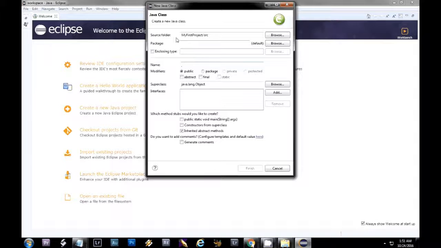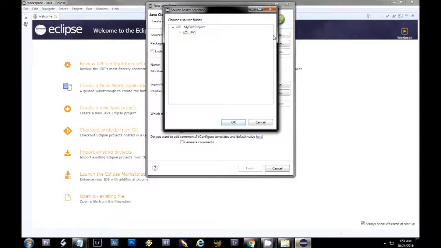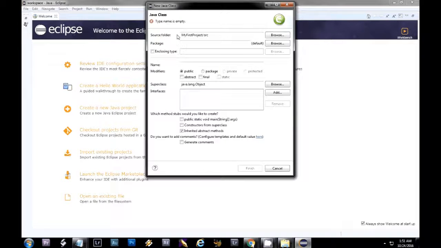Okay, so it should already have your source folder. If it doesn't, go ahead and browse to your source folder. Mine already did, but if it doesn't, you can just browse to your first project, SRC. The package, I'm not going to get into that too much in this class. There's lots of naming conventions for it. It basically says what folder your code is going to be in. For now, just put your initials all in lowercase,